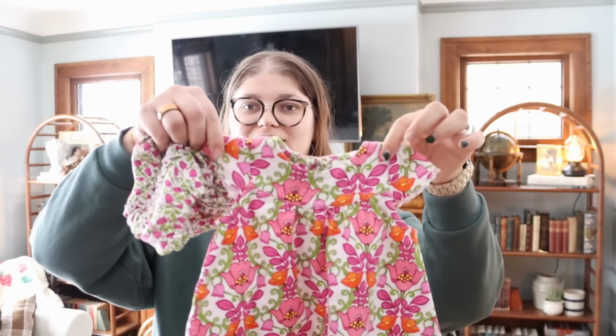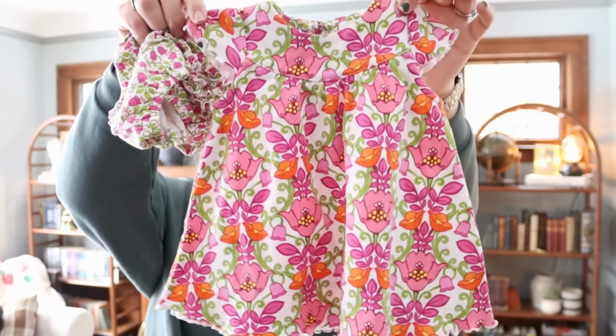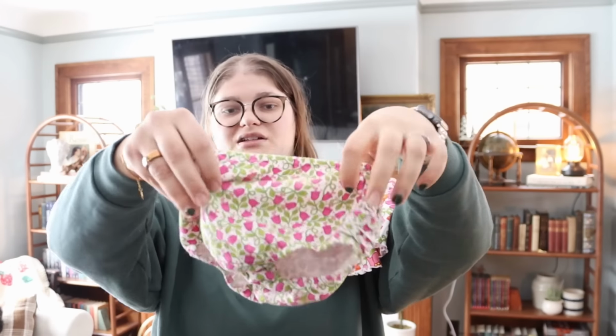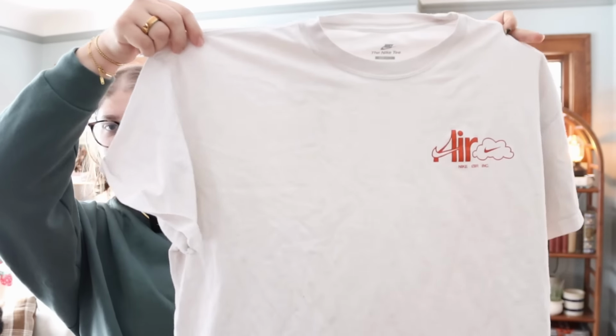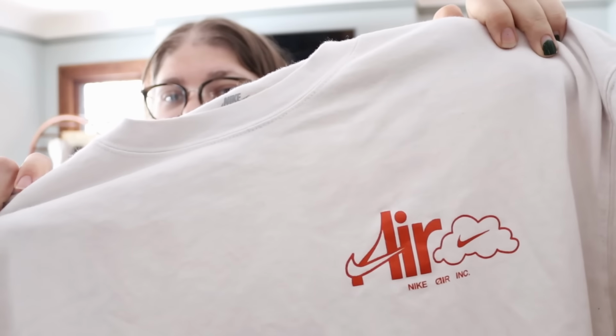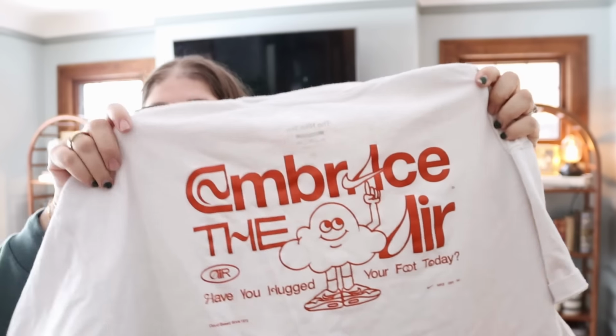And then I bought it myself twice. So, you know, I got that for myself. I got this one little cute baby outfit for us to keep. It's a little Vera Bradley dress with a pair of matching bloomers I happened to find in a different bin that goes together. And the last thing I bought for myself was this Nike t-shirt. I thought this was so cool. It's a really thick knit Nike Air shirt, and then I thought the back looked really cool too, and I thought it'd be oversized. It's really nice and thick, so I'm gonna wash that, see how it fits, and then